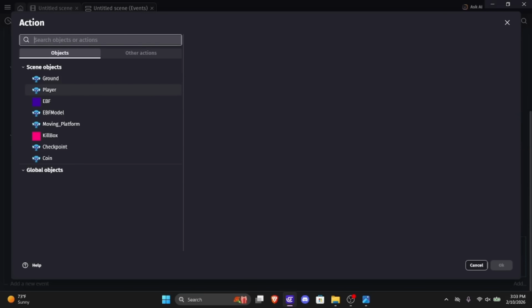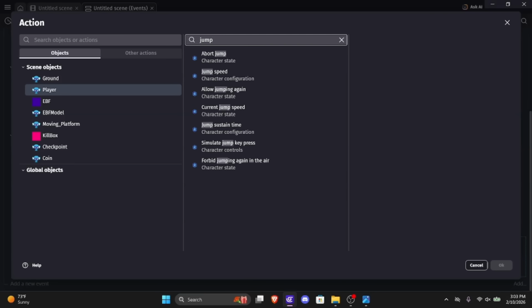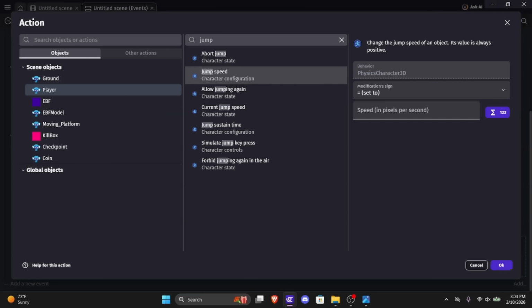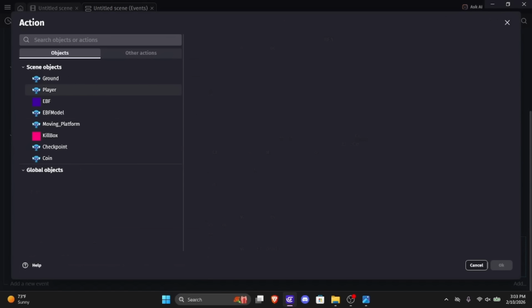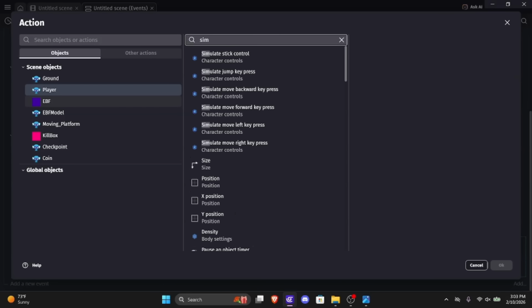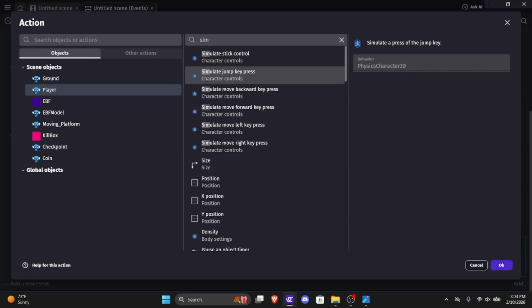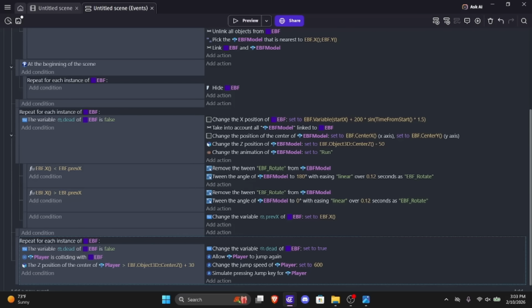Let's add an action. Let's click into our player. We're going to go into jump speed, and we're going to set this as 600. Once again, if you want to make the bounce lower, you can set this as a lower value. And now we're going to simulate a jump for the player. So we're going to type in simulate. And you see right here we have simulate jump key press. And now once we simulate that,